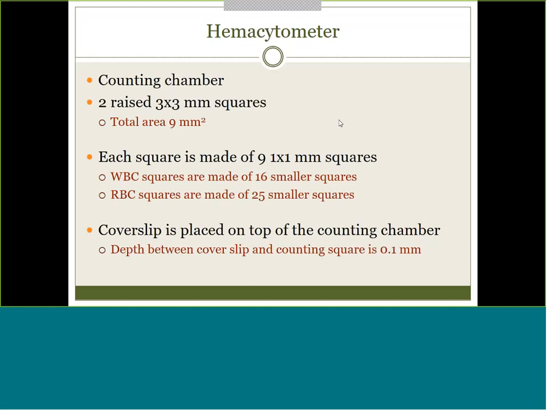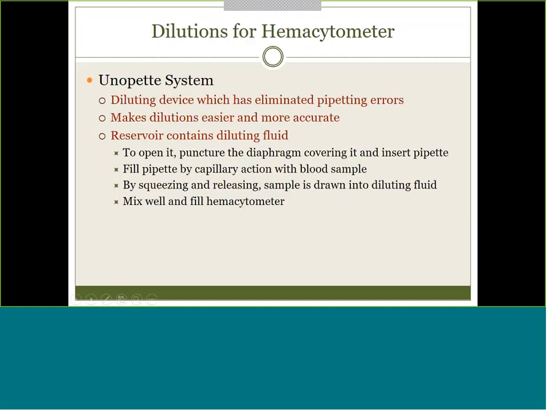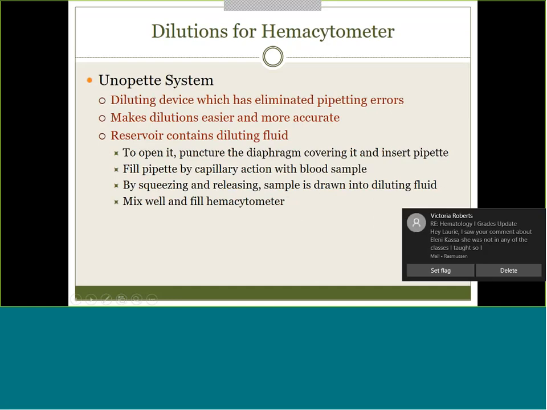I say that because that's going to become important in the calculation, so you need to remember that the depth between the cover slip and counting square is standardized at 0.1 millimeters. All right, so then in order to have the sample loaded